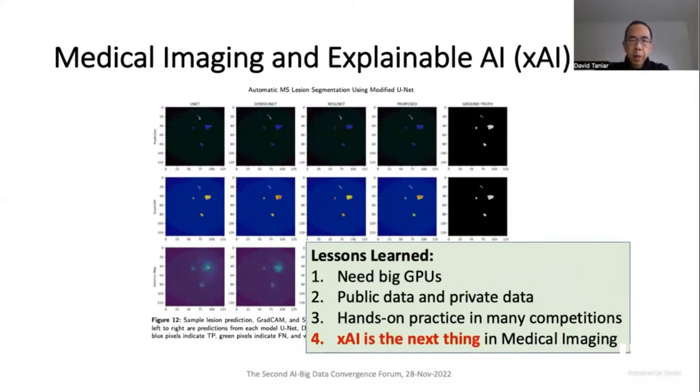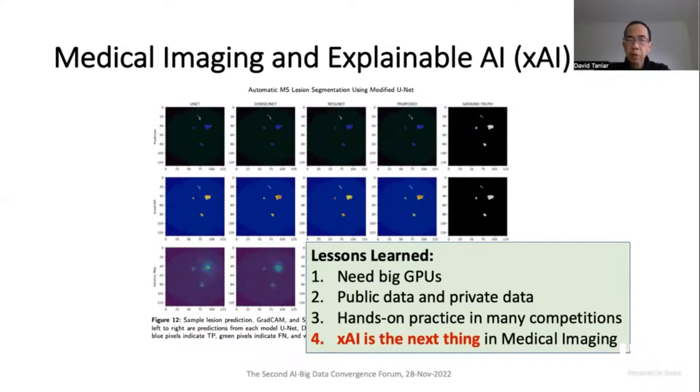If you are interested, the lesson that I've learned is that it needs big CPUs because it is very time consuming. If you use your own laptop, probably processing like this will take 5-6 hours. My student initially used Google Colab. We could reduce to maybe about 4 hours. But luckily, Monash has a big cloud system, supercomputer, and we could reduce the processing time to 1 or 2 hours at the most. And also, we use public data.